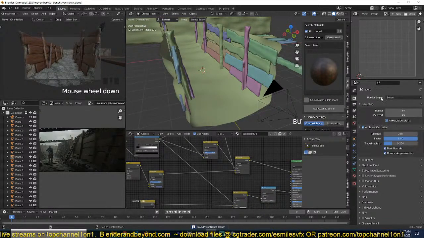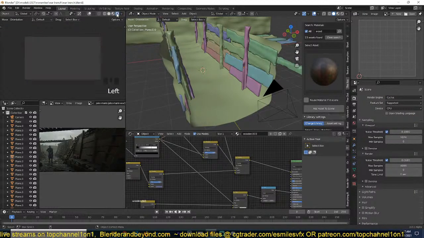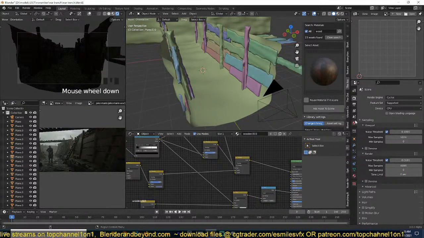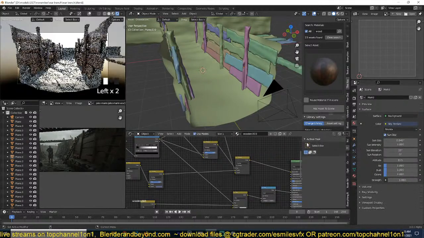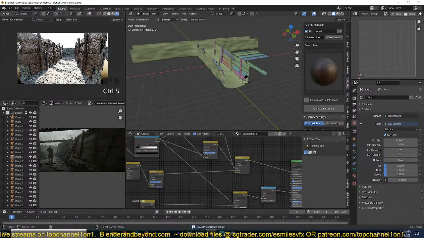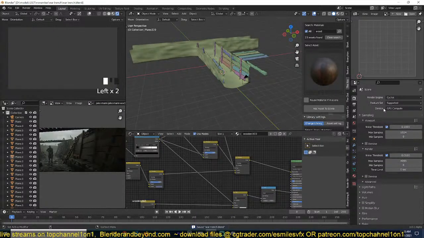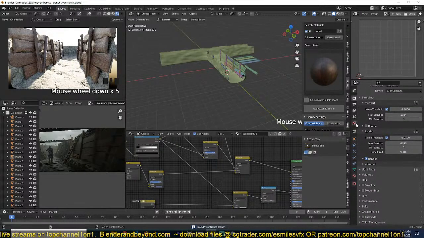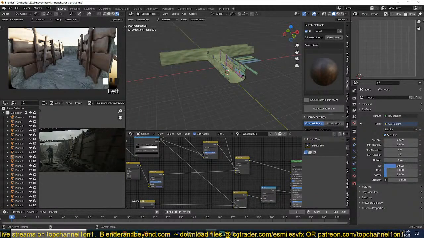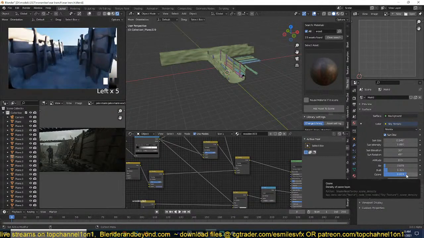Let's go in Cycles and start previewing how things are going to look. We can use a sky texture, and change this to a GPU. Going to change the lighting a bit. So the elevation should be about